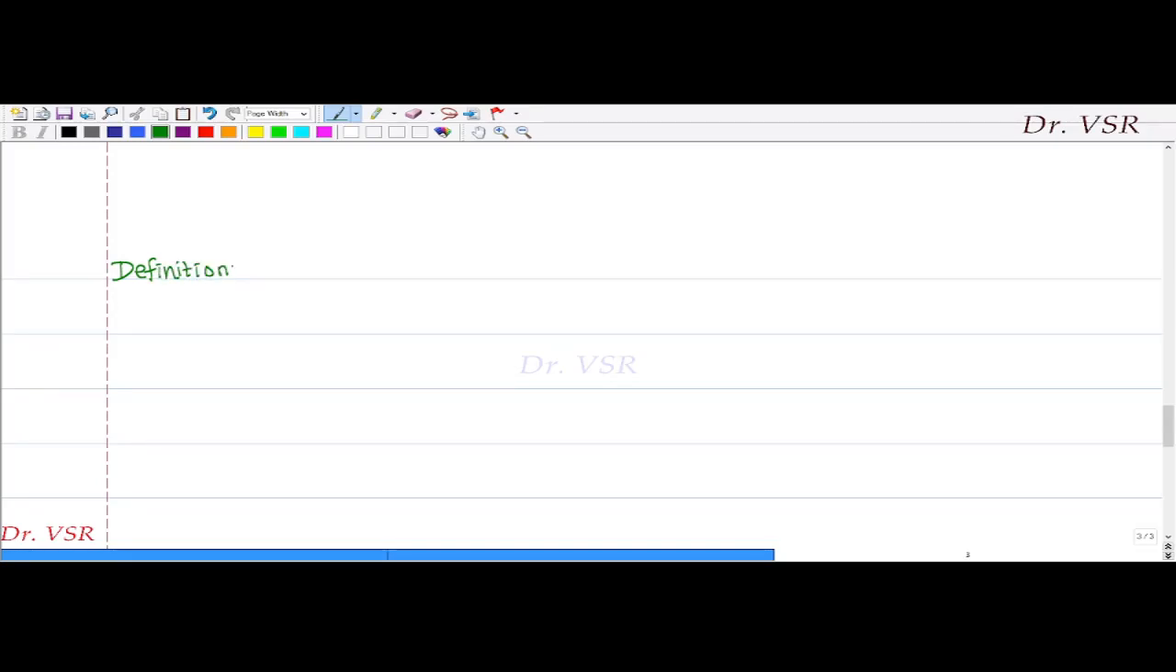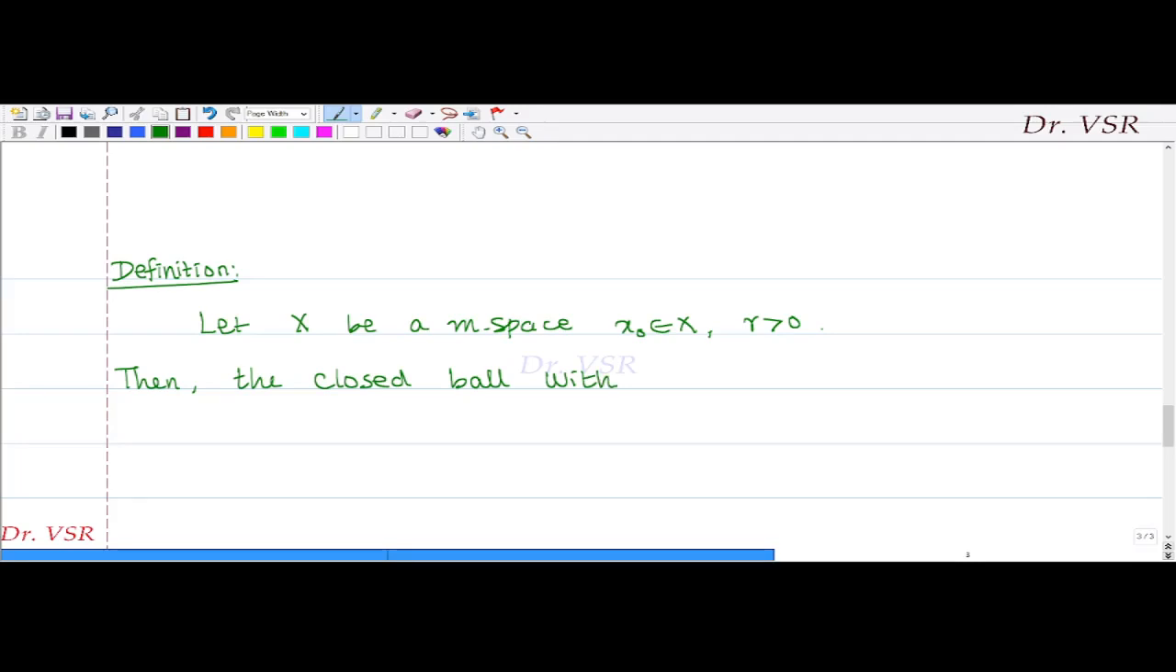Definition. Let capital X be a metric space, and x naught belongs to capital X. For any r positive, we know that the closed ball with the center x naught and radius r is